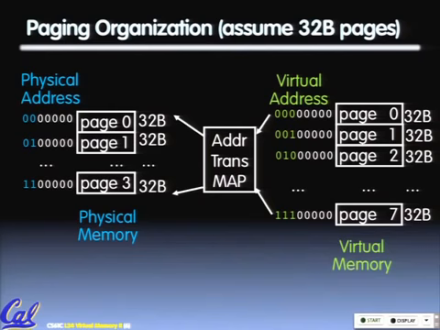So for every single virtual page, I need to know, where does it live? Does it live on disk or does it not? If it lives on disk, I need to know where it lives. If it doesn't live on disk, then the OS will handle that for me. And the OS will do the swapping so that by the time I finally get to memory, it'll be resident and updated. So this address translation map, or page table, will tell me where, indexed by my virtual page